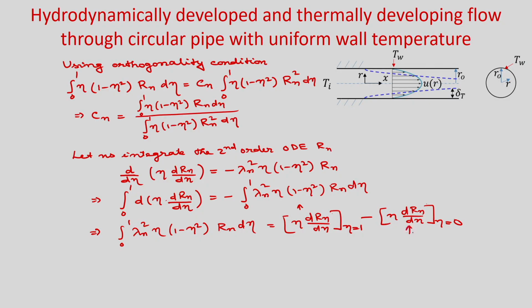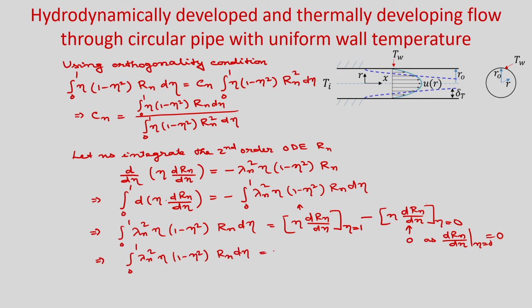So, now you apply the boundary condition at eta is equal to 0, d R n by d eta is 0. So, the last term will become 0. So, you will get only 0 to 1 lambda n square eta 1 minus eta square R n d eta